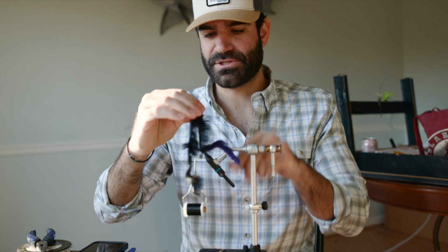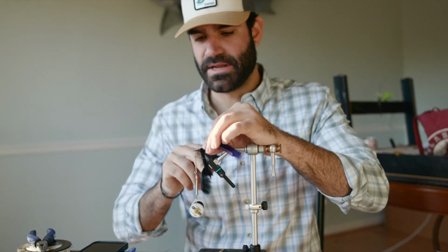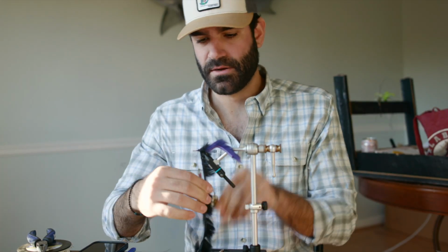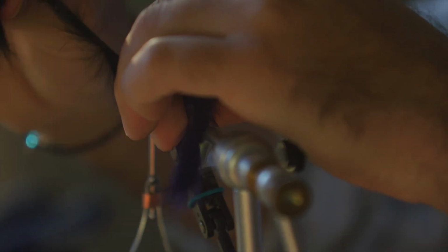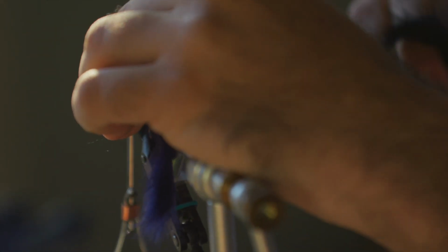You can add flash into these flies, and if you did, you'd want to do that right before you put on the collar here, but again, not totally necessary. I don't think flash helps a tarpon snap a fly. If anything, it probably hurts for too much flash. Get about 5 or 6 wraps here,